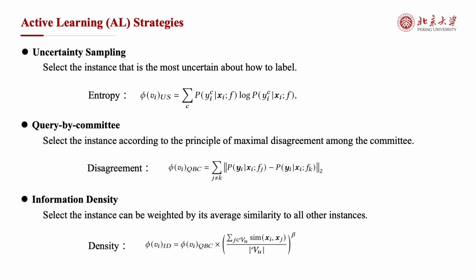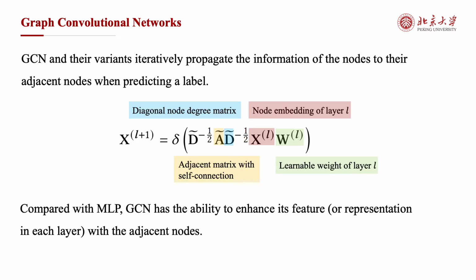Then, let me introduce what the metric phi is in the traditional active learning strategies. Uncertainty sampling uses the entropy to select the instance that is the most uncertain about how to label. Query by committee defines the disagreement and selects the instance according to the principle of maximal disagreement among the committee. Information density method improves the query by committee method by adding the similarity and selects the instance weighted by the average similarity. While the previous approaches mainly focus on data which is IID, some recent researches attempt to apply active